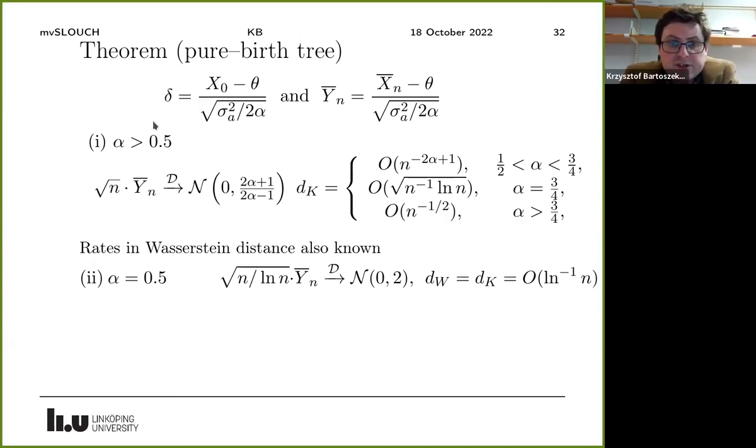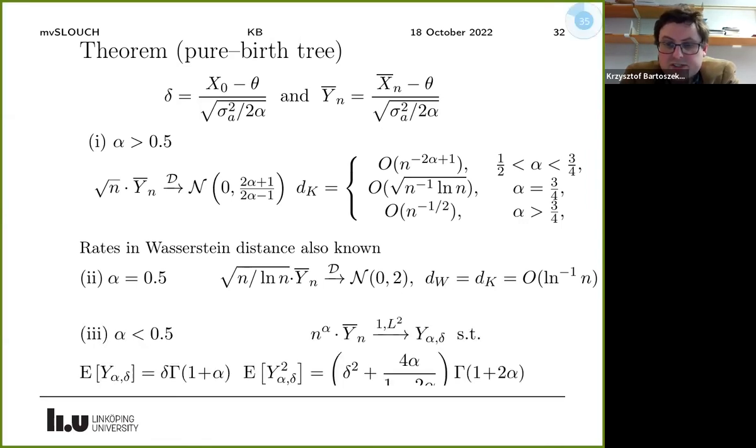So when the drift, the coefficient of the OU process, is greater than half the speciation rate, then we get just something that looks as if we had a usual central limit theorem. When it is equal to the speciation rate, we have still something that looks like a normal central limit theorem, except that the scaling is a bit different. Here we still have a logarithmic term,